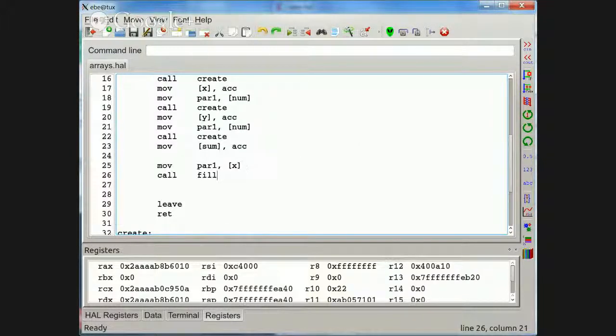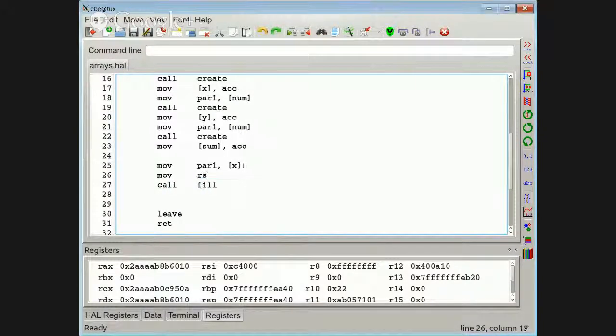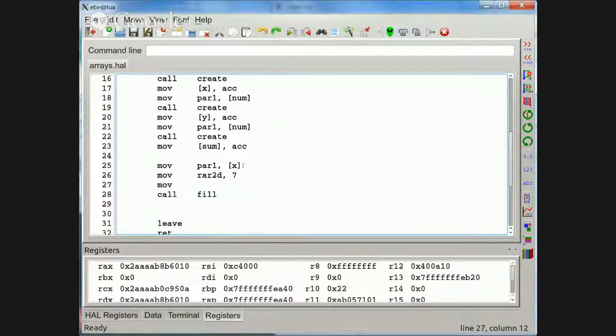Let's see, I want to tell it, how about if we fill the array with the value PAR 2D, fill it with 7, and then we'll tell it how many to fill it with,